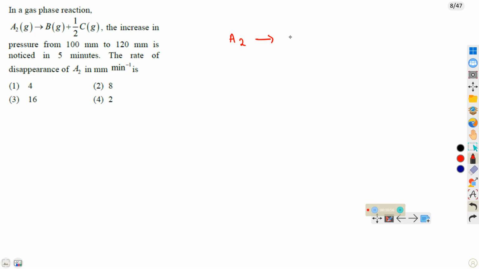A2 gives rise to B plus half C. Initial pressure, how much is it given? 100 mm. Product pressures are equal to 0. Suppose after 5 minutes